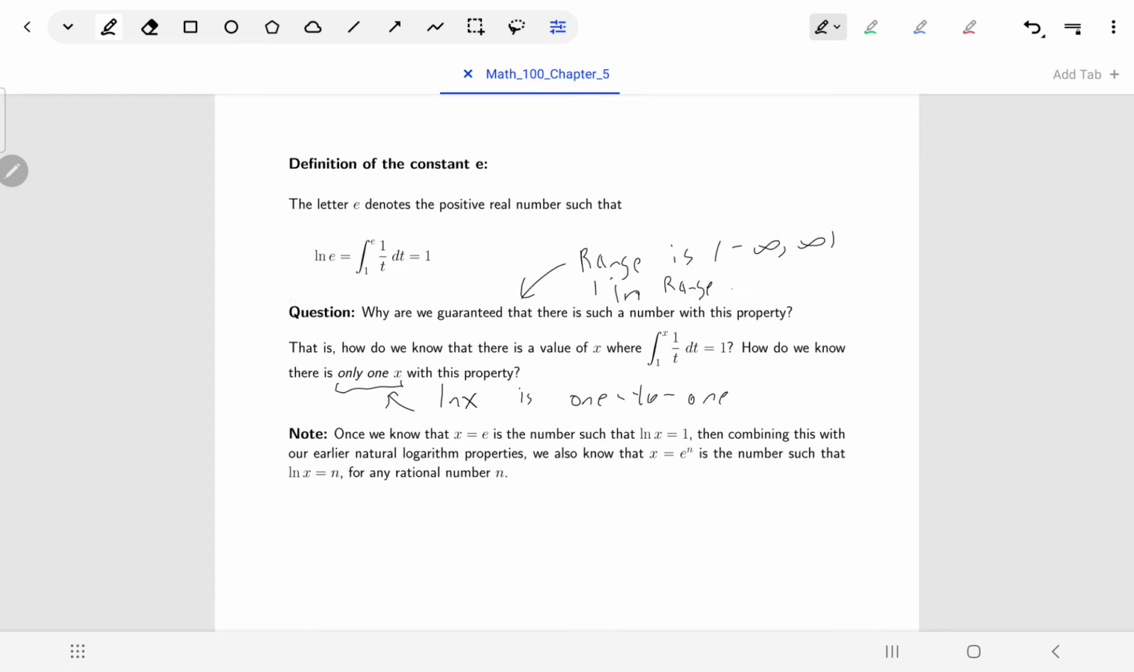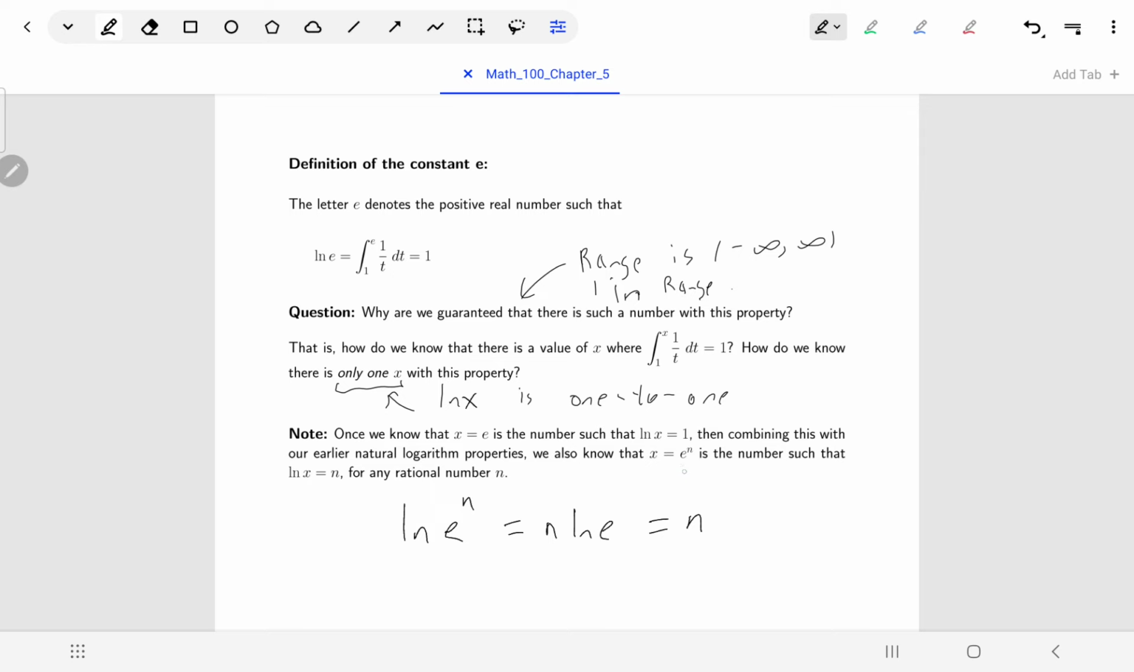The other nice thing about it is that now that we've defined e as the number that makes natural log of e equal to 1, we also know basically how to solve any natural log equation for any rational number. If you're thinking about natural log of e to any rational number, using the previous log properties, we know that it would be our rational number times natural log of e, which we now know is 1. So in other words, natural log of e to the n is just n, or in other words, e to the n is